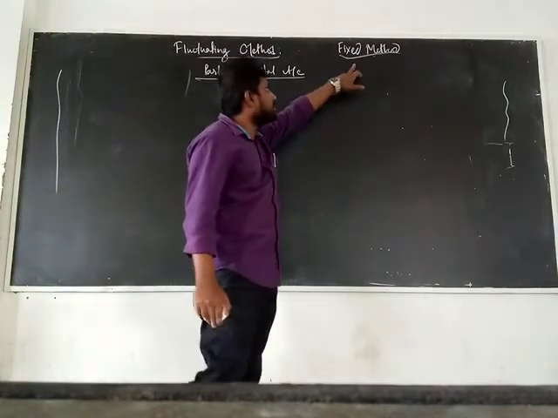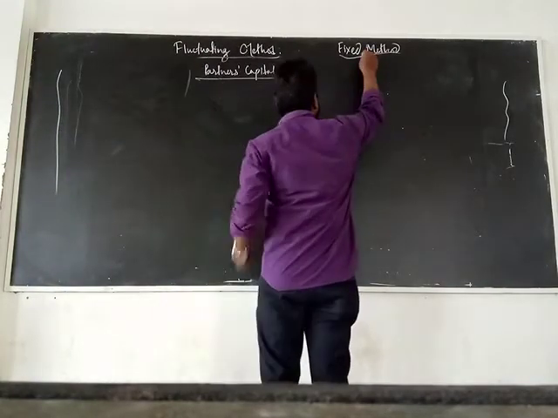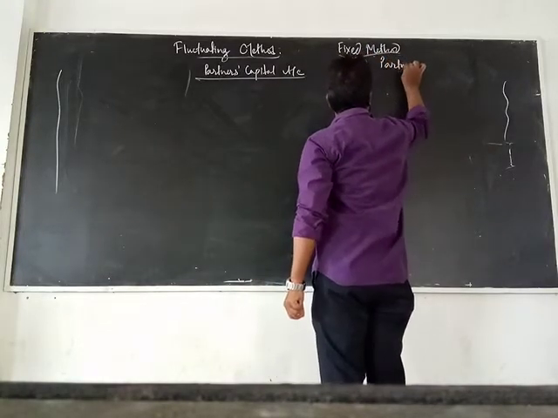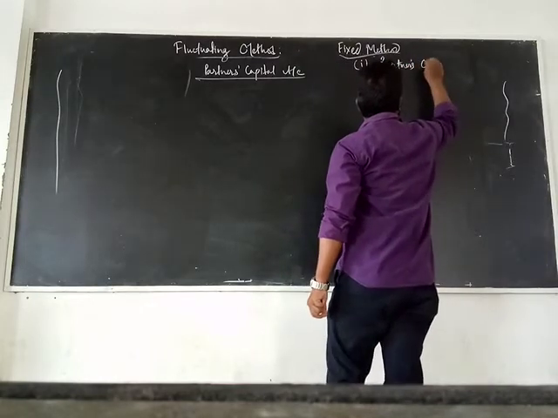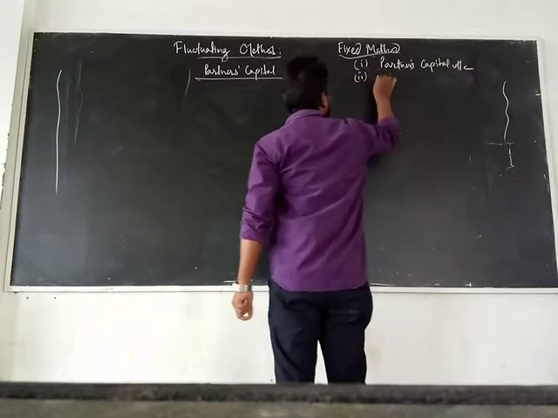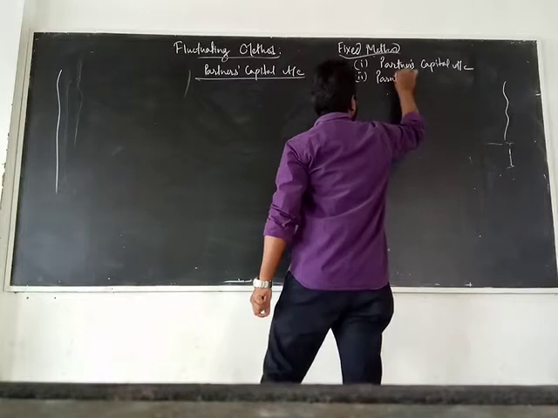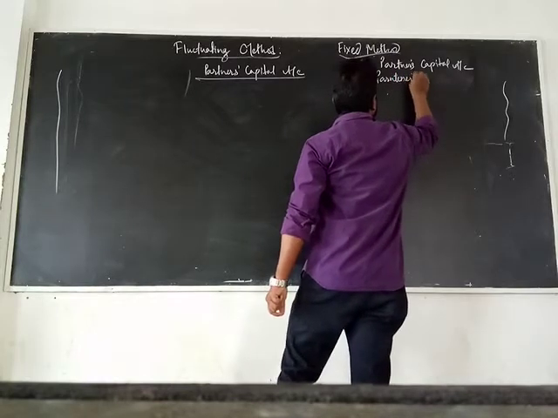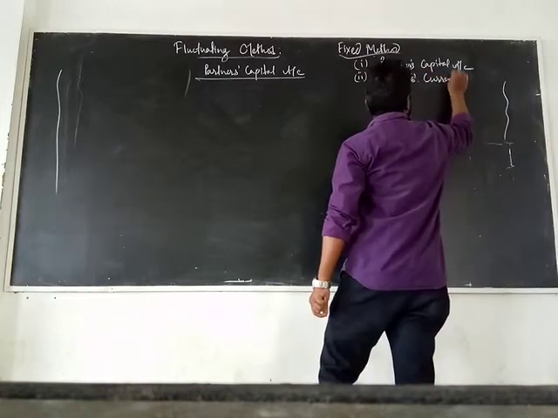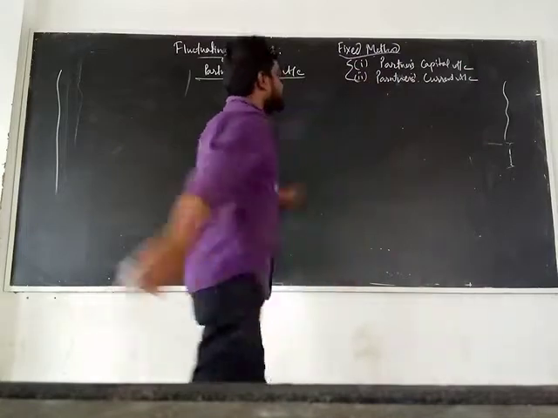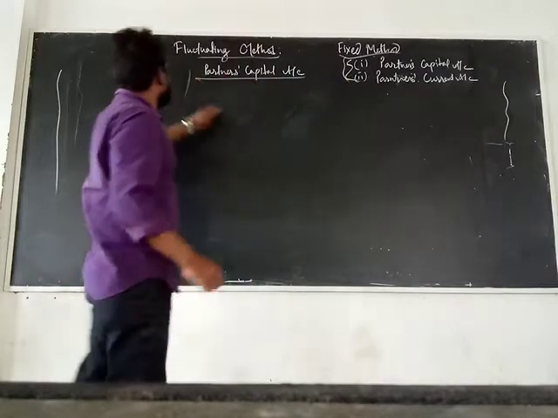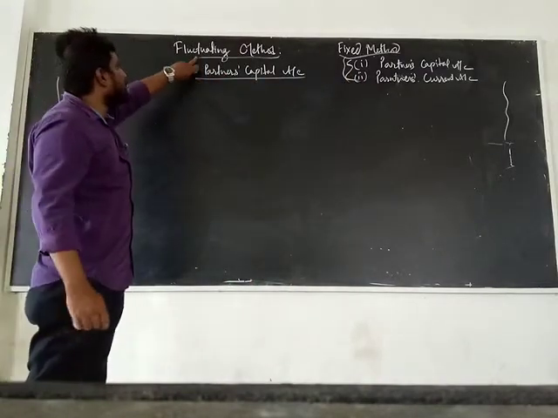Clear? So, in this fixed method, as I said in the last class, we normally prepare two types of accounts. One is your partner's capital account, okay, and the second one is partner's current account. Got it? In my last class I have already given you the format relating to these two accounts. So today we shall discuss this partner's capital account under the head of fluctuating method.